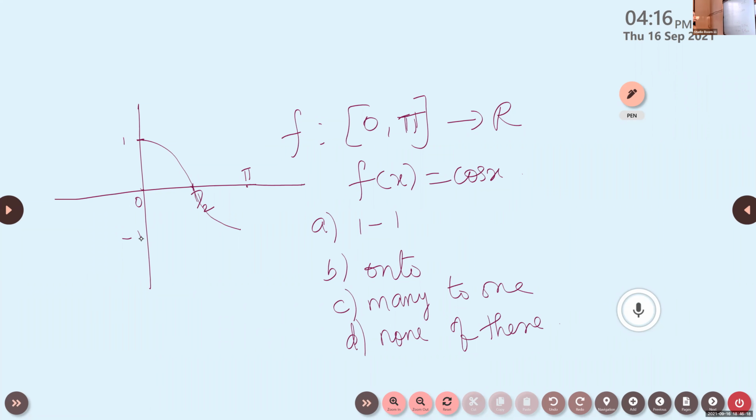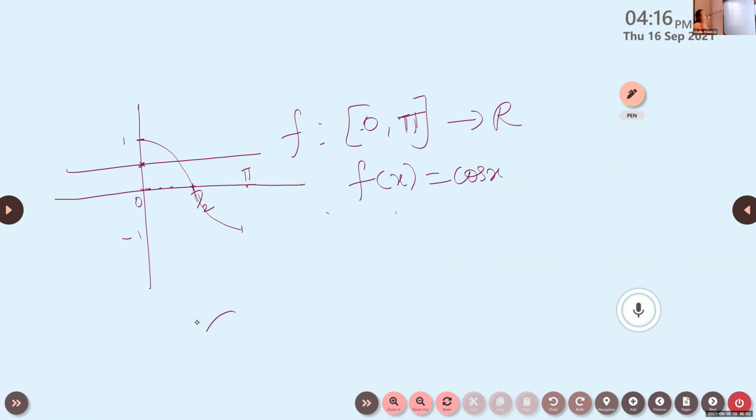Now from the graph, you can check. Is it one-one? For different values of x, are you getting different values of y? Yes, ma'am. That means it is one-one. Otherwise, what is the easy way? You draw a line parallel to the x-axis. You fix one y value. Usually the cos curve we draw like this, but here we draw only from 0 to pi, because the domain is given as 0 to pi. We can't extend.